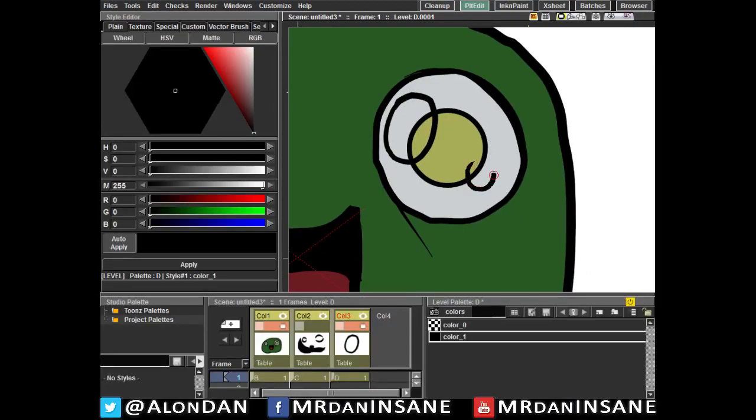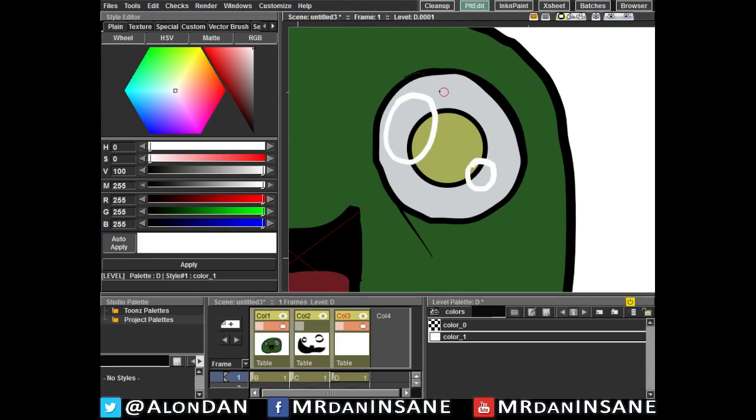B. Now I want it white, so it's going to be white. Now you see the difference? That's why I didn't make the white eye area a pure white, because I want this one to be more bright compared to this one. Okay, now let's make